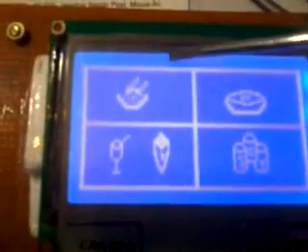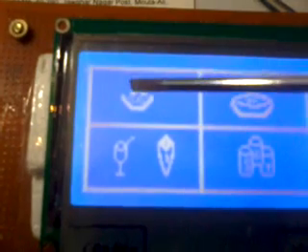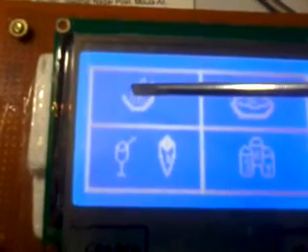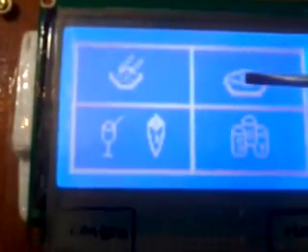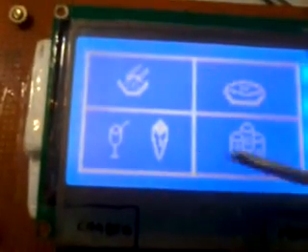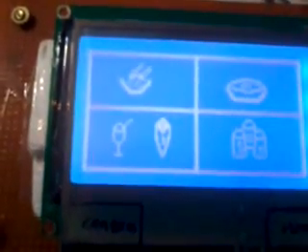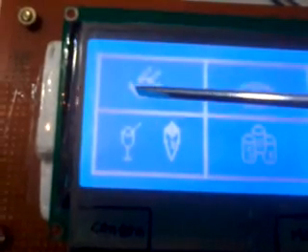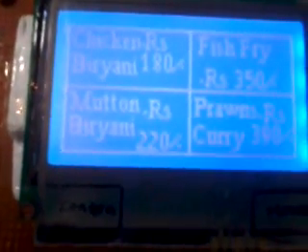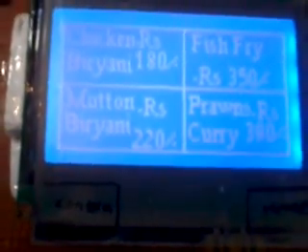One option is for non-veg, another is veg, and this one is for cool drinks, nothing but cokes. We designed each page as individual pages, with a next page, like that.